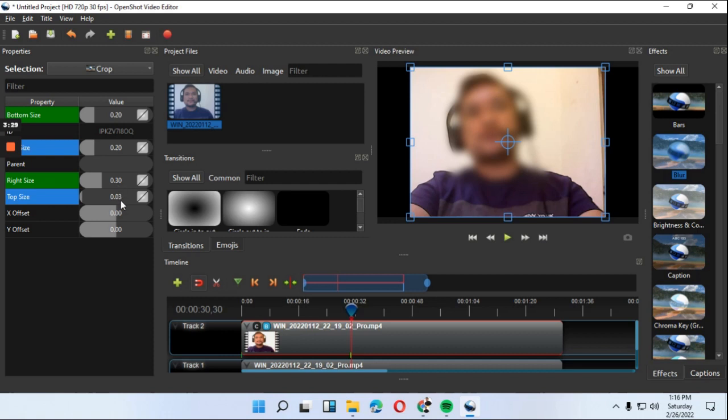Alright. For top, I think that's already 0.03. Or, ito, gusto mo lang 0.20, ganyan. And then, left side, siguro 0.10. Ayan. Okay? So that's how you do it. So importante na whenever you want to change something, always remember this play ruler, right? So when you play it,